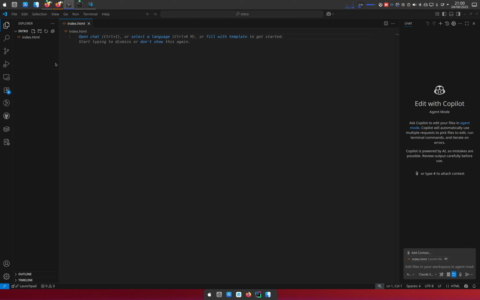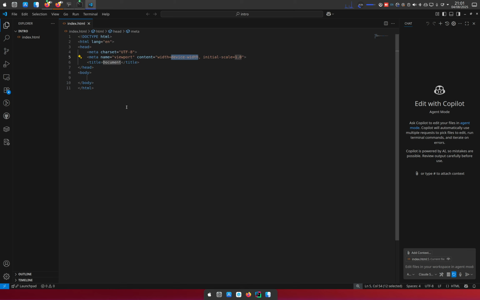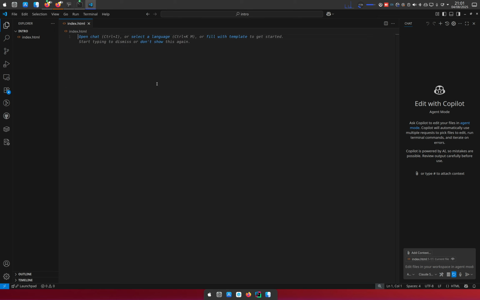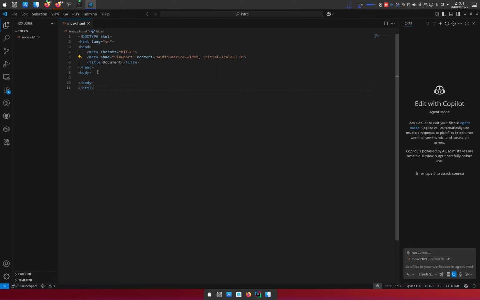Now, after opening this index.html, I think I can show you this. There is a shortcut called Emmet, where you just type the exclamation mark, and then when you press enter, it creates for you like a basic HTML structure. So let me do it again. Type exclamation mark, and then I press enter. Then you can see it generates for me like a basic HTML sort of snippet.